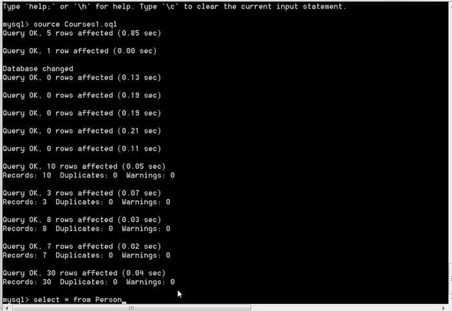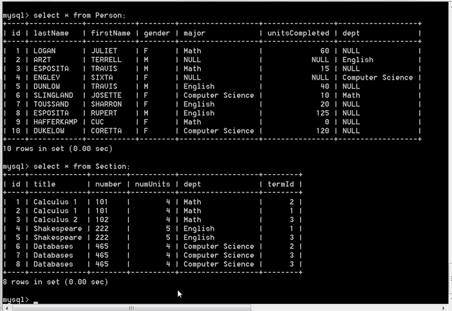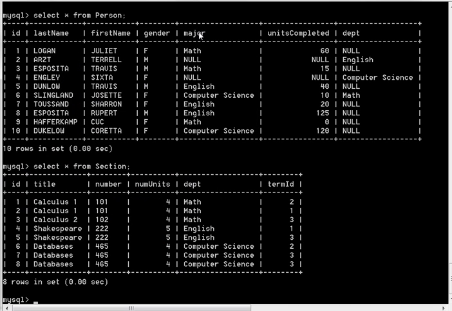So here's select star from person, for instance, and select star from section. And to get some context there, let's look at the ER diagram. What we have is a person table, which holds both teachers and students. And then the columns major, for instance, and units completed and department all have some null values, as you can see in the listing here,